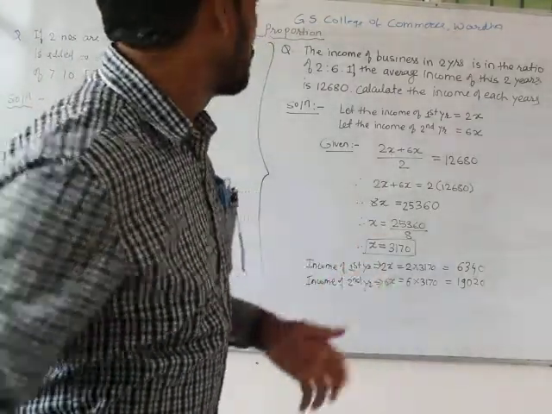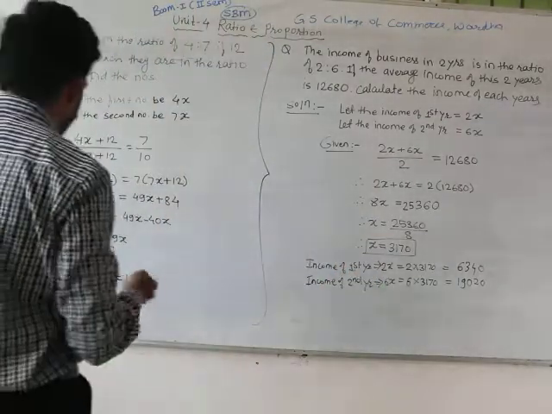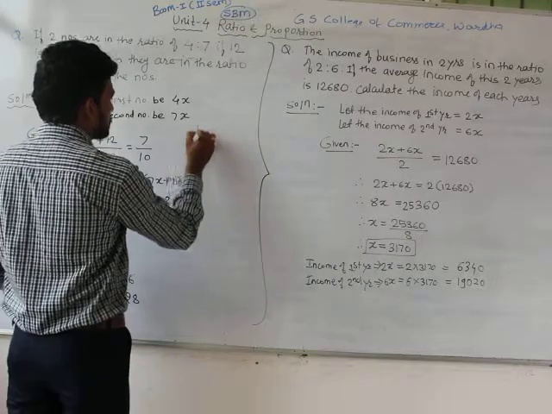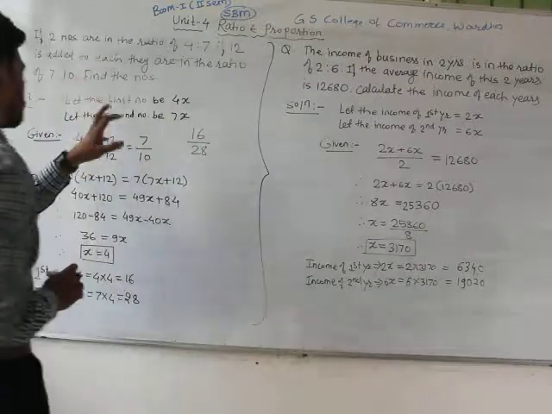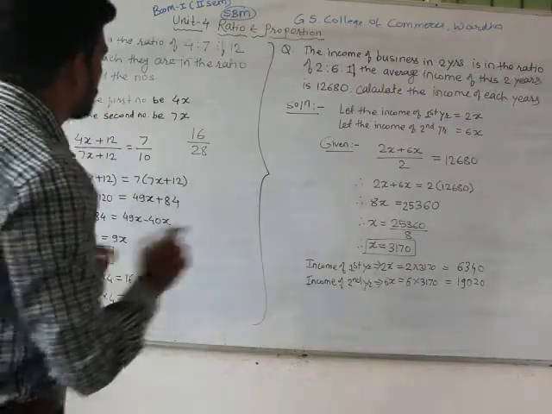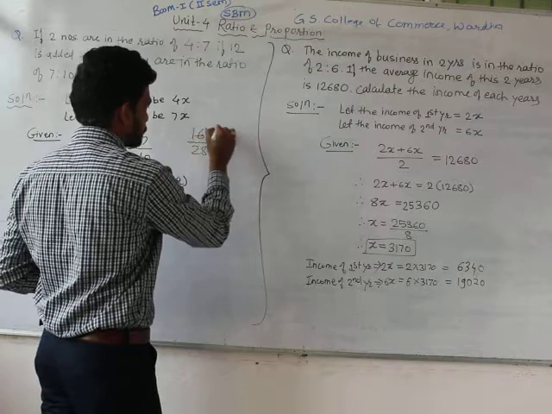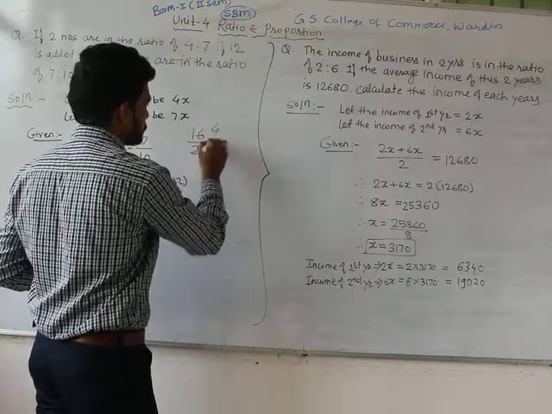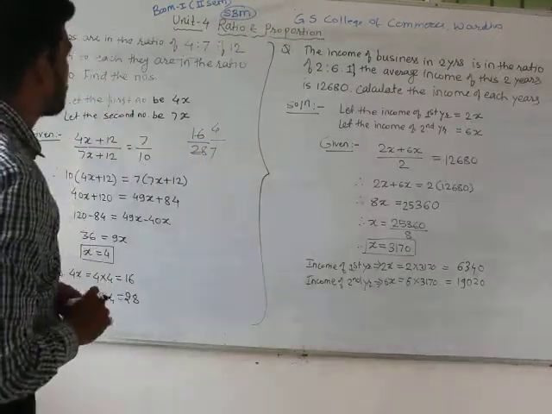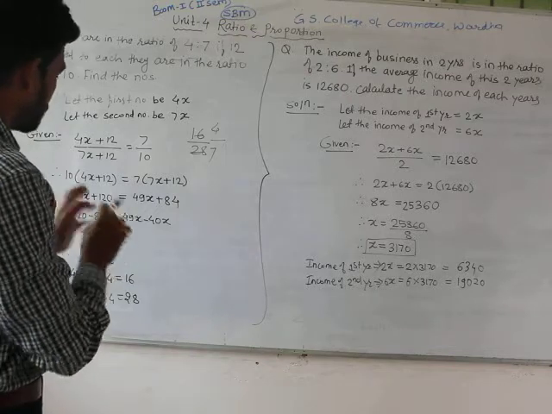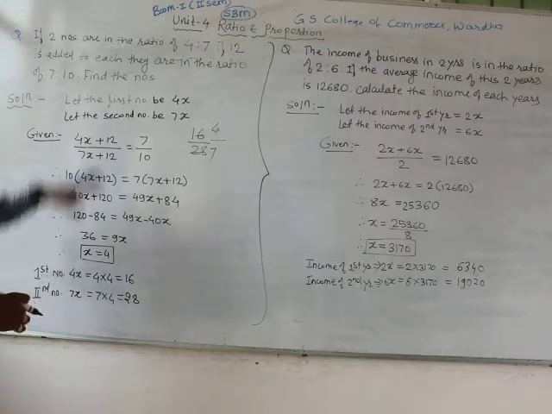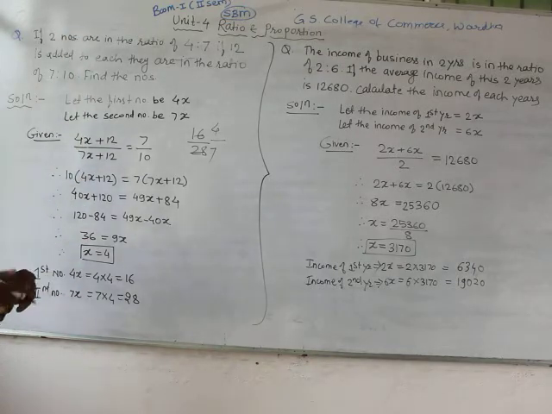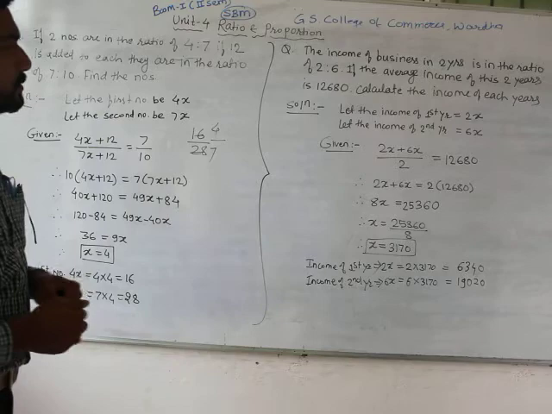Now to cross check whether our answer is correct or not, we can just do the calculation. Look, 16 divided by 28, this is your original figure. Now we have to find out whether that is the original ratio or not. So you can divide this by 4, so it will be 4 and this will be 7. So the ratio is 4:7. That's why we can cross check whether our answer is correct or not. I hope you understand this first problem very well. Now we will move to the second problem.